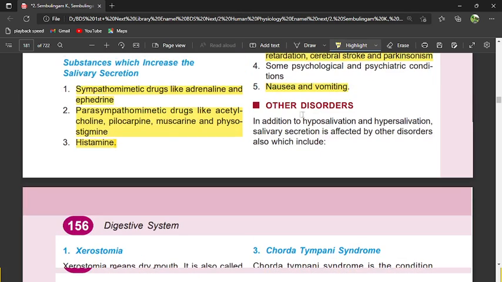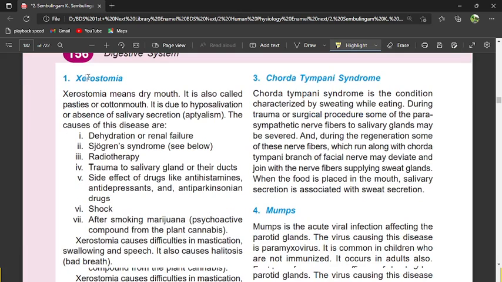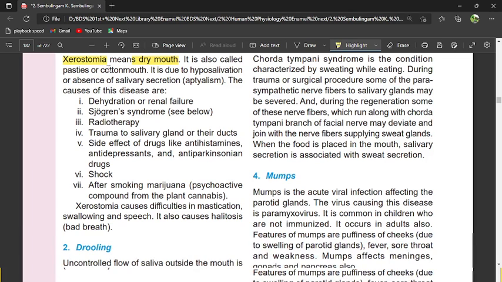Other diseases, what other? So after hypo and hyper, you have xerostomia. It is a condition where you see a dry mouth. It is called pasty or cotton mouth also. This is in the absence of saliva secretion only. Asialism,